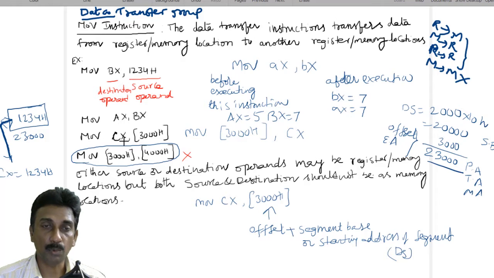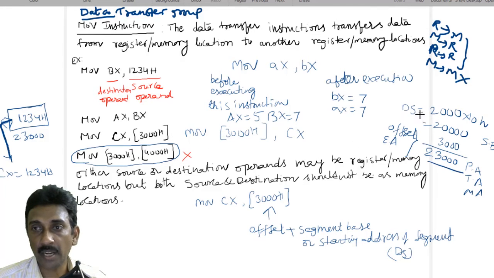Similarly, you can see another instruction, move cx comma within the brackets 3000h. When we see the bracket, that indicates the content of the memory location. So here 3000h is the offset value, and calculating the memory location we have already discussed in many situations. Again we will see here. Assume the data segment is 2000h, because this information will reside in data segment 2000h. To access the 1 MB memory location, we need to multiply by 10h so that it is 20,000h. The offset here I have given is 3000h. By adding together, we have 23,000h.